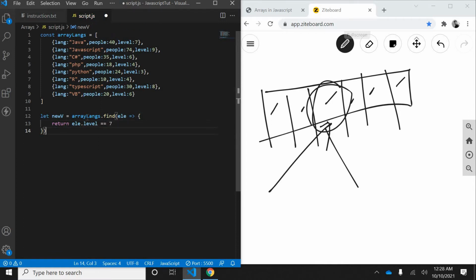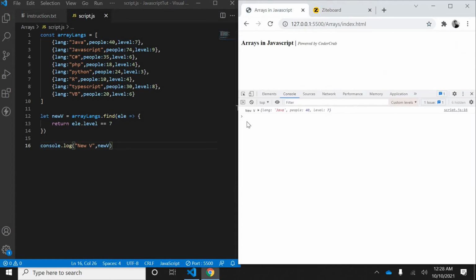Now I'll put this value in console.log, newValue. Let's see. So you can see that particular object which has element level of 7 is getting returned. See how simple it is.